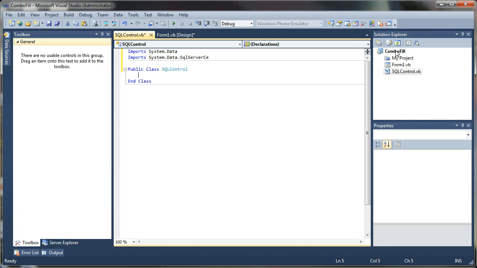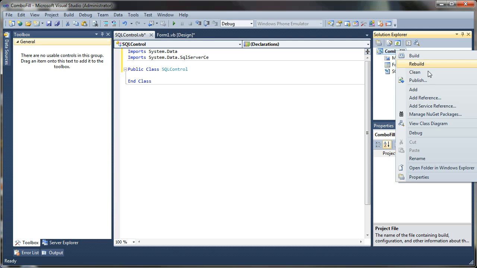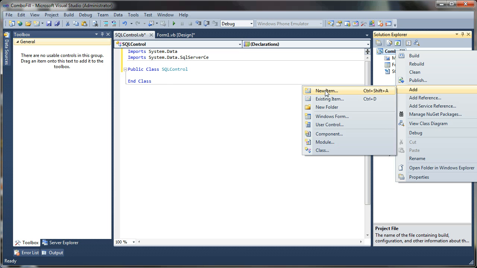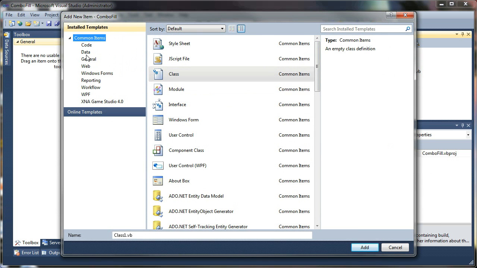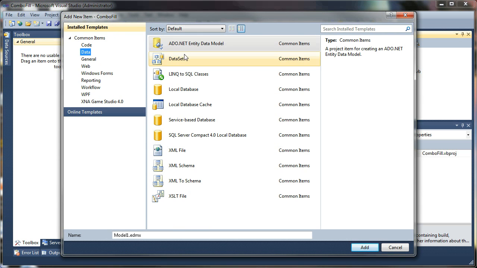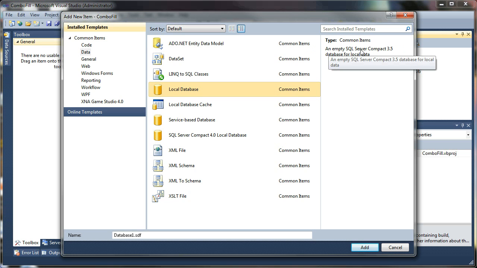Let's right click on our project in the Solution Explorer again and select Add, New Item, and come down to Installed Templates, Data, and you should have an option to add a local database. And if we click on that, we can see it's an empty SQL Server Compact 3.5 database. That's the reference that we added. So give your database file a name. I'm just going to call this one